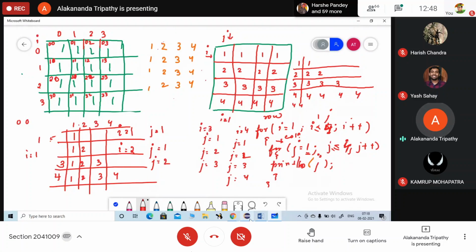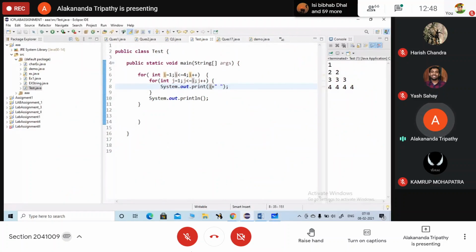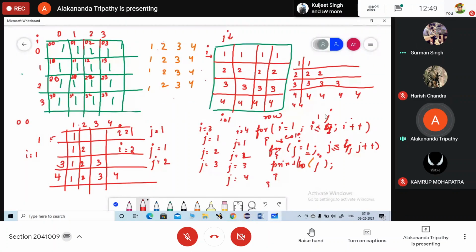I don't want to change the code, only what is printed. That is why I am saying this. It will not work; there will be an error. Ma'am, J will not be initialized before the second. With I less than J here, J is not initialized yet. You would need to write this statement above and this below. Yes ma'am, it will show an error. So here it is better to go with a single statement.